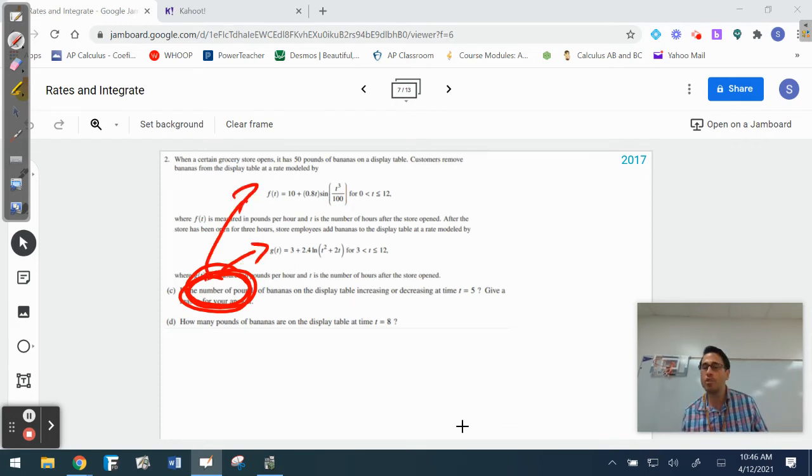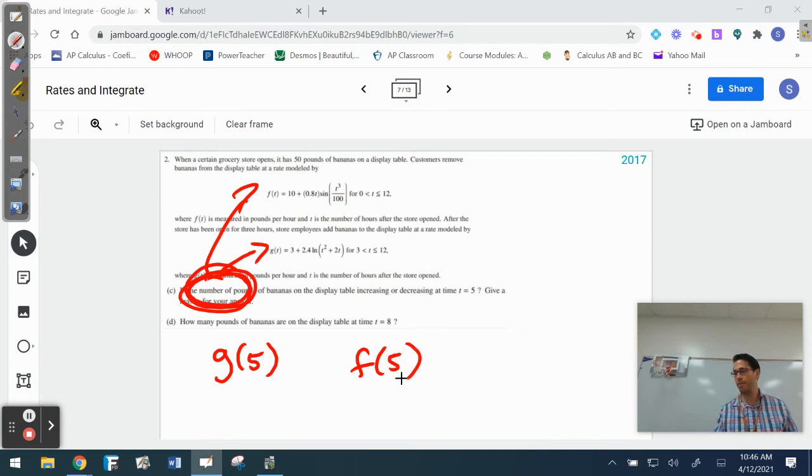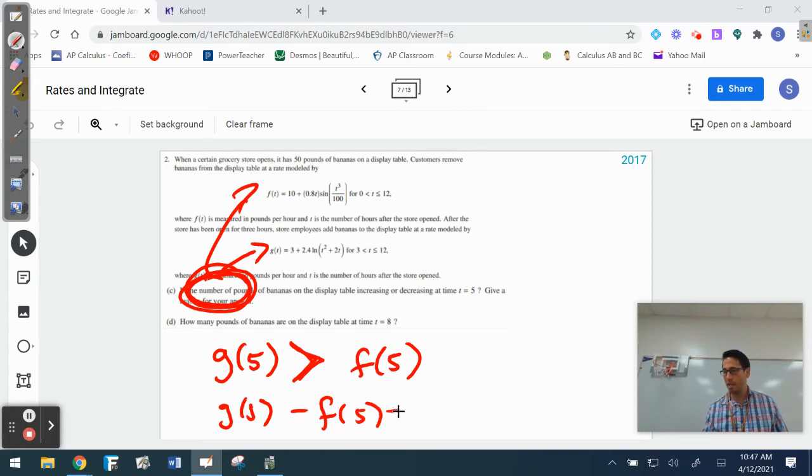So all I have to do here to find out if it's increasing or decreasing is compare g of 5 with f of 5. So all I got to do is compare those two guys. Now, when I compare those two guys, this guy right here is greater than. Okay, that's greater than. And you could get that by plugging both of those answers. Or what some people do is they subtract these two answers. And when I subtract those two answers, I get negative